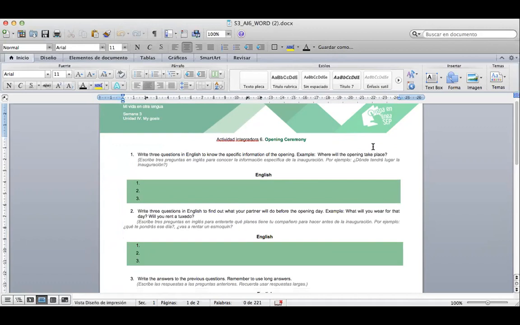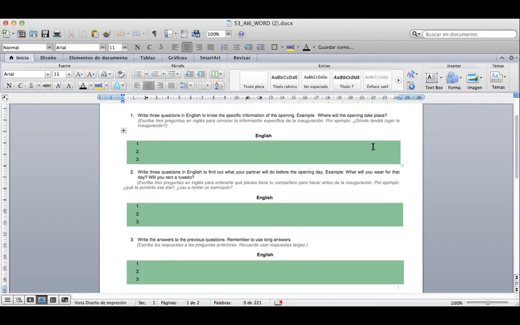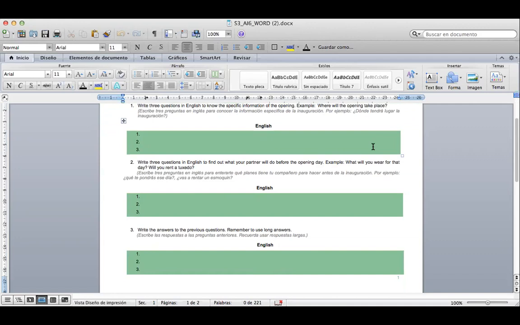After that, you have to write 3 questions in English to find out what your partner will do before the opening date. Before, what will you wear for that day? Will you rent a tuxedo? It's important to know. Write the answer to the previous sentence. Remember, use a long answer. For example, I will dress in red. I will wear